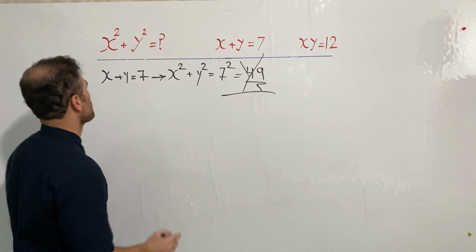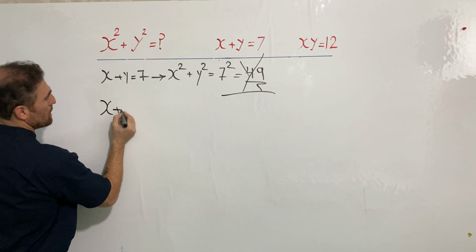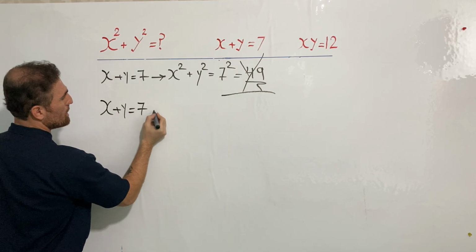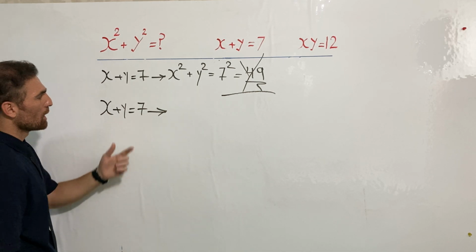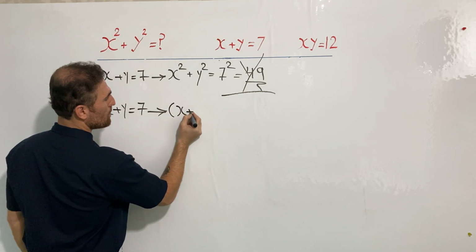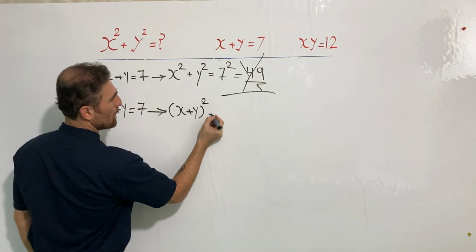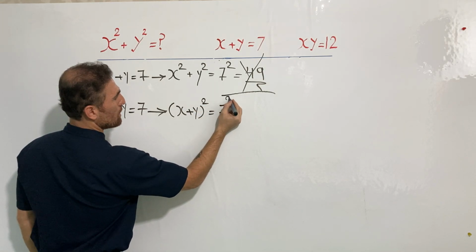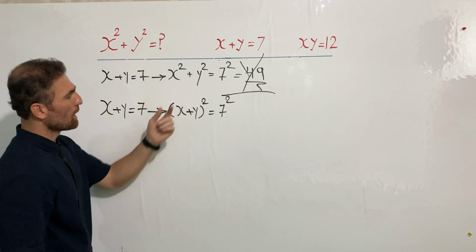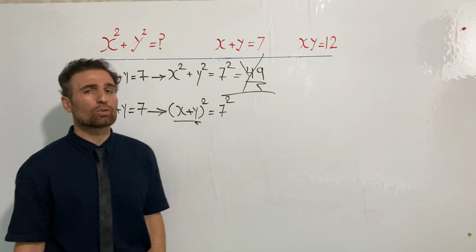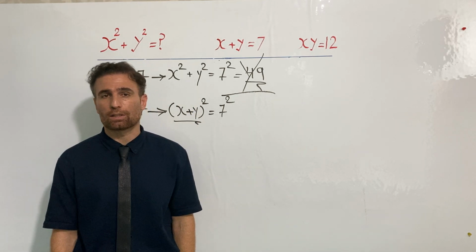Let me show you. x plus y equals 7. Then I'm going to raise both sides to the power of 2. It's going to be (x plus y) squared is 7 squared. But how can we solve (x plus y) squared? To solve this, I'm going to get help from an algebraic identity that says